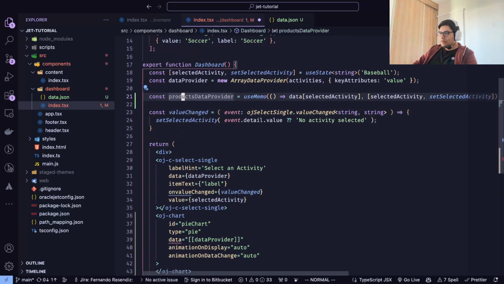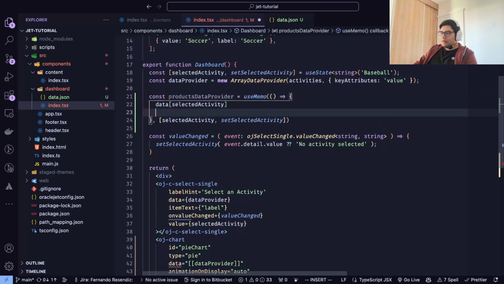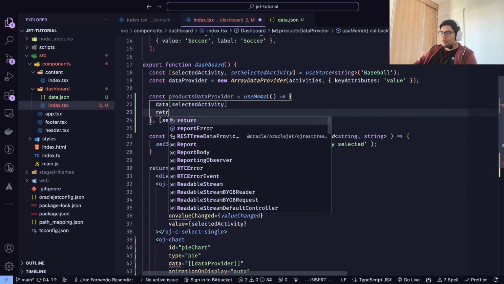So this product's data provider right now is assigned directly to the data, but in fact we wanted to assign it to an array data provider. So we're going to want to create a new data provider inside this function. So I'm going to remove this, start the body of the function and paste this back. And in fact, what we want to return